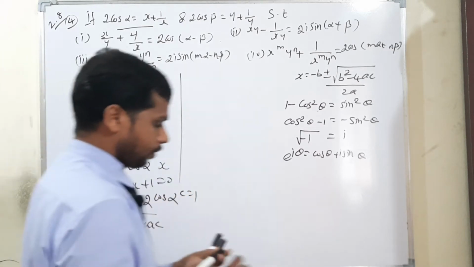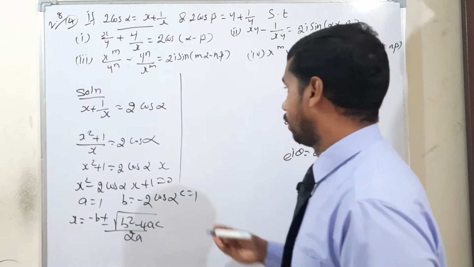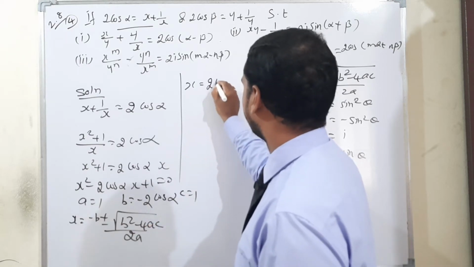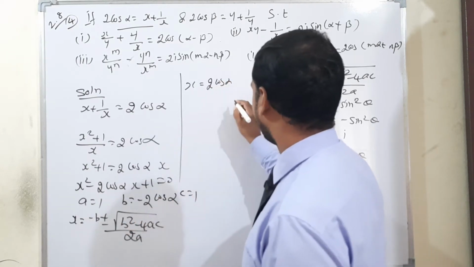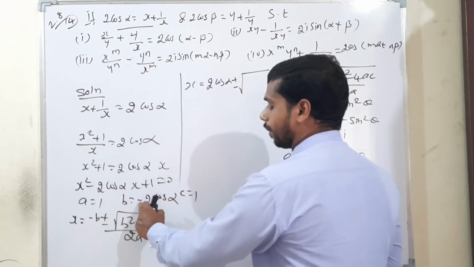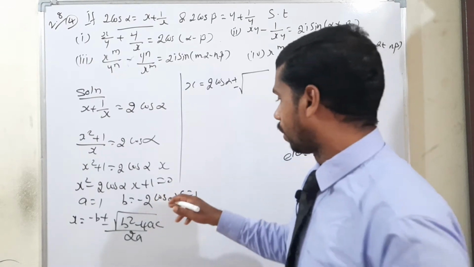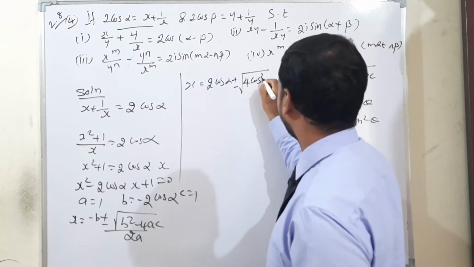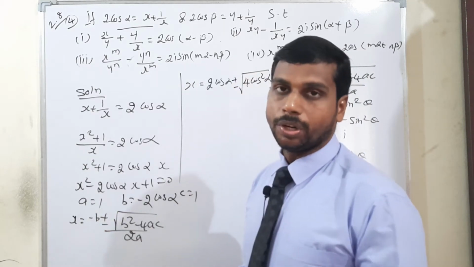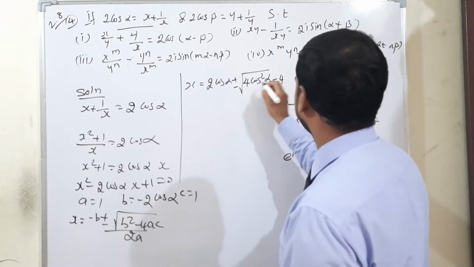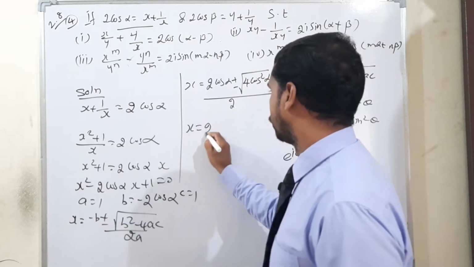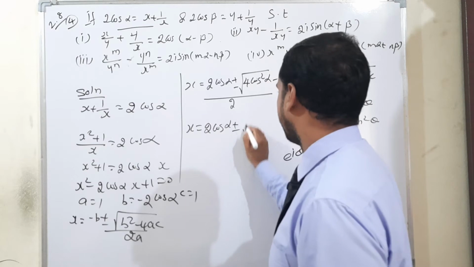So now x is equal to, b value is already minus, so minus into minus gives plus, so 2 cos alpha, then plus or minus square root of b square minus 4ac. b square means minus 2 the whole square, which is positive, so 4 cos square alpha. Then minus 4ac, a value 1 and c value also 1, so 1 into 1 means 1, therefore we write minus 4, divided by 2 into 1. The next line, x is equal to 2 cos alpha plus or minus the square root of